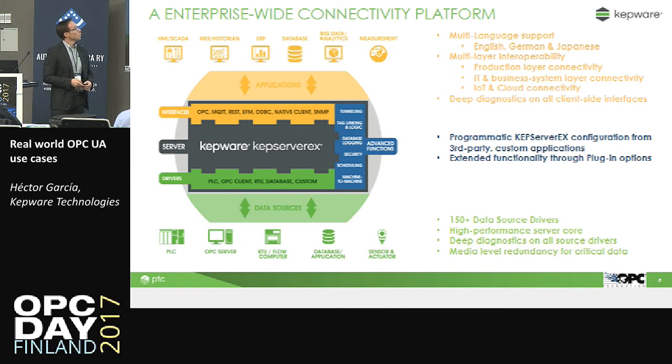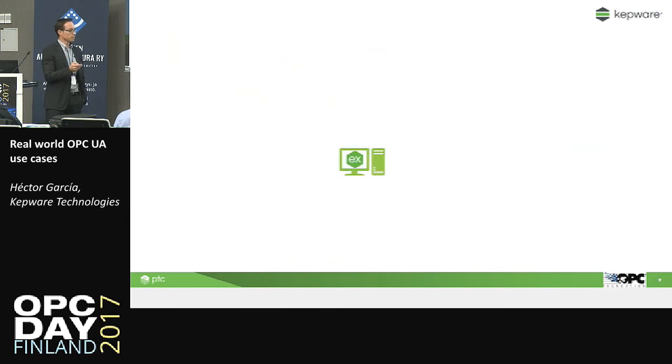Okay, so we serve the data not only in OPC UA, but also OPC DA and other protocols at the same time. We may have not only one client at a time, but in parallel we may have many different clients. Okay, I like this slide because it explains very graphically what can be done with one single instance of Kepware EX. You decide what drivers you will need depending on the devices you have, the protocols you want to communicate with, and you have the PLCs.